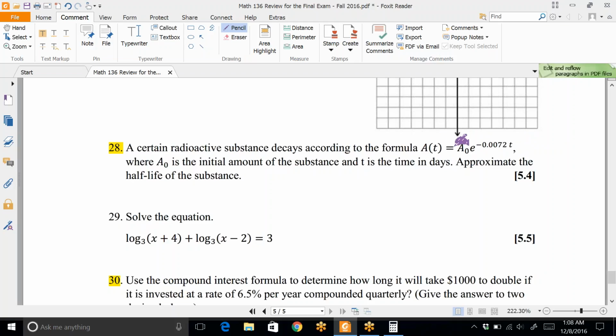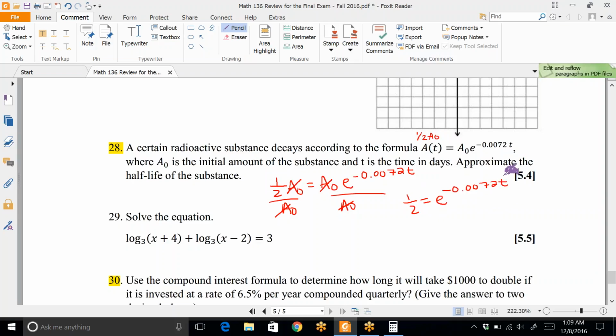So it doesn't matter what you start out with. You could have 100 grams of something or 1,000 grams. In the end, this is always half of the original. So this is 1/2 of the original equals the original times e to this power. When you go to solve this, you'll divide the A sub 0 out. It's always going to get divided out because you're just cutting the number in half. So we get 1/2 equals e to the negative